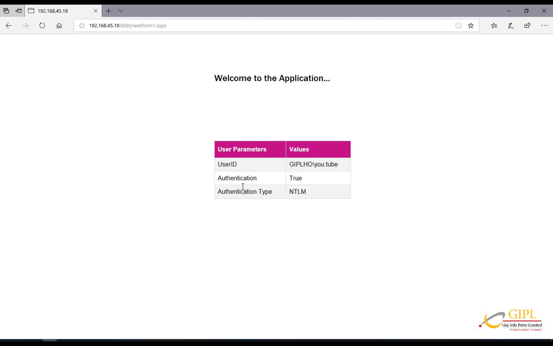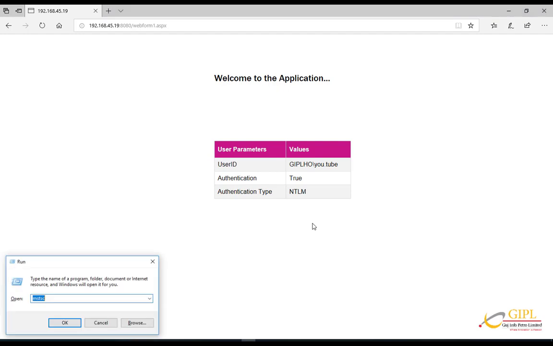Now as you can see, we have this screen which provides information about the user which we have set in our project. This is the username. This shows if the user is authenticated or not, and this is the label which shows the type of integrated authentication mode, which is NTLM.